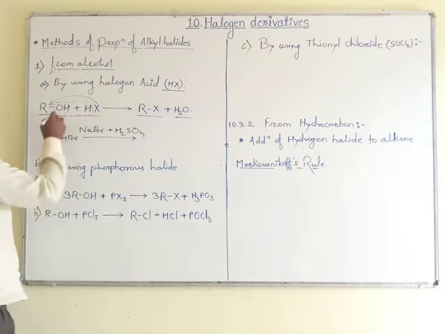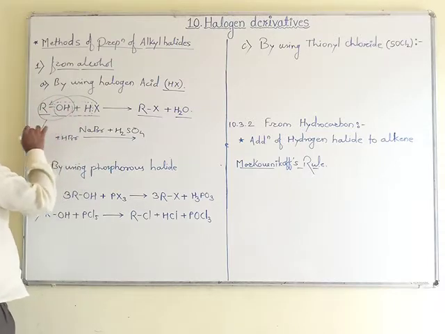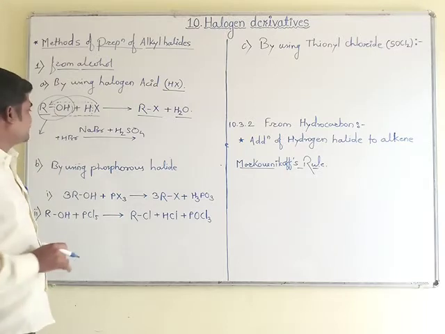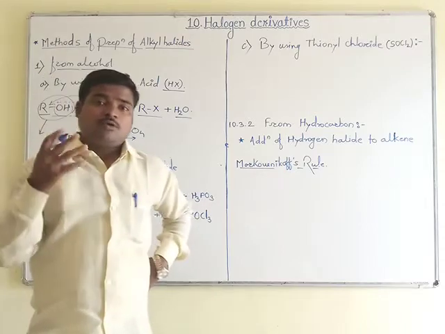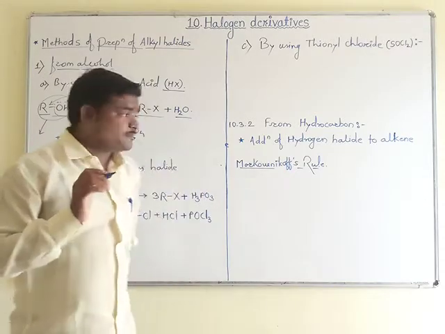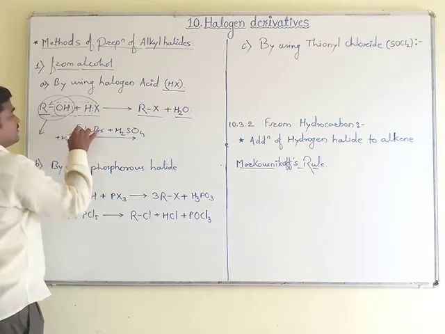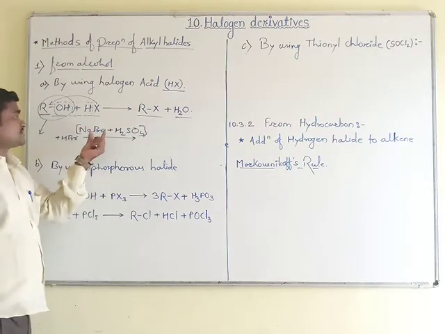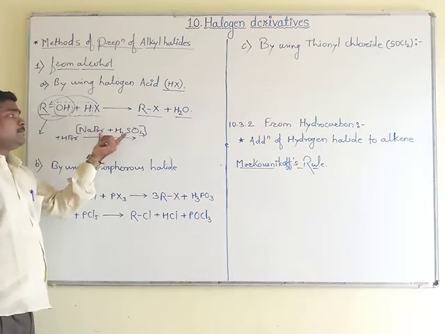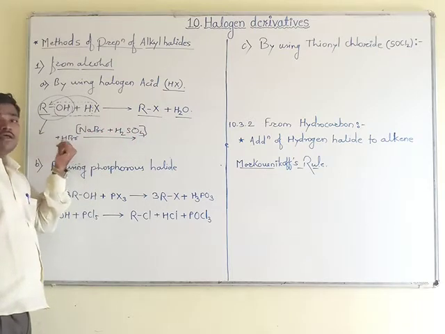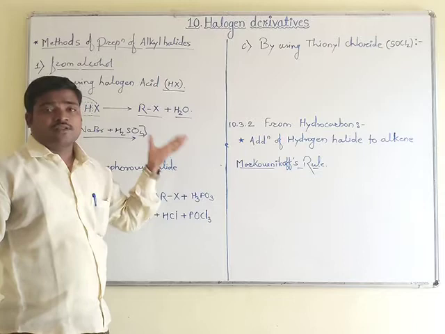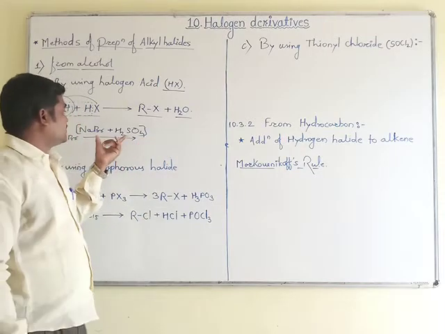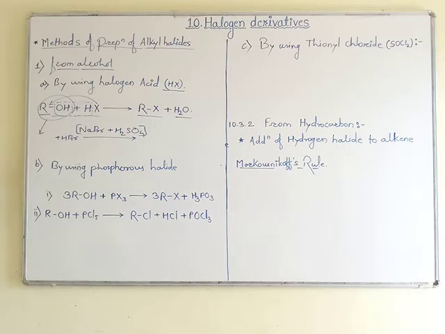Here this compound, that is the alcohol, we have to use, and on reaction with HBr you will get its corresponding bromide, that is alkyl bromide. So the reagent that should be present on the arrow is NaBr plus H2SO4. By using this combination you can prepare HBr, and again you will get its corresponding alkyl bromide. So this is an in situ process. Here the reagent we have shown is for the preparation of HBr.